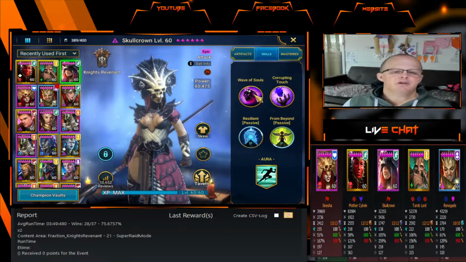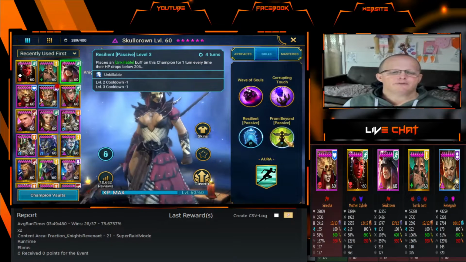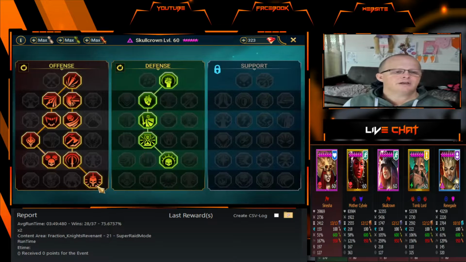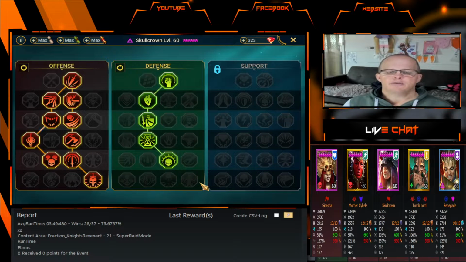She's a Void champion. We do have her booked out because she's a champion we can use in quite a few areas in the game. And the mastery, we have gone down into crit damage here, flawless execution, as we have said. We've got as much crit damage as possible on this champion. And then in defense role,